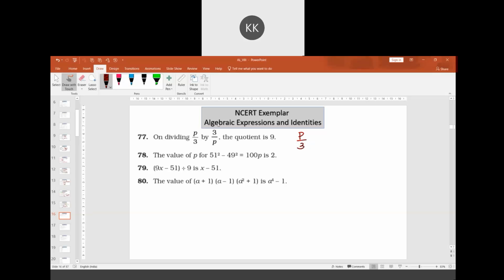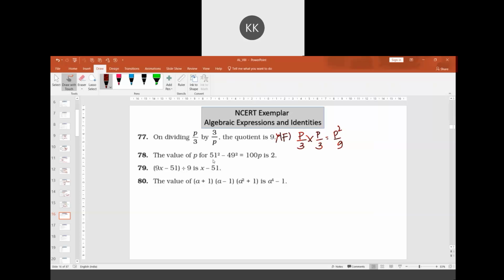When you divide this, it has to be a multiple of its reciprocal. The reciprocal, sir: P into P square by 9. The quotient P square by 9 is wrong, so the statement is false. Yes, sir, false. P square by 9, sir. Quotient is